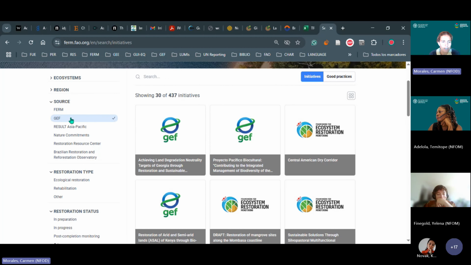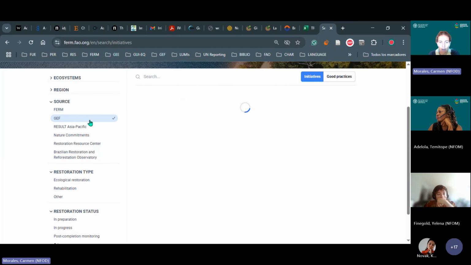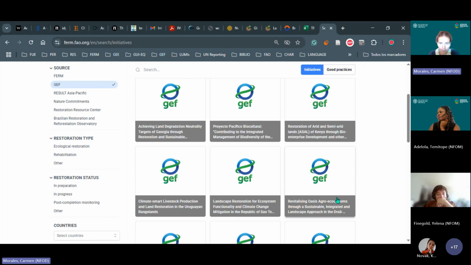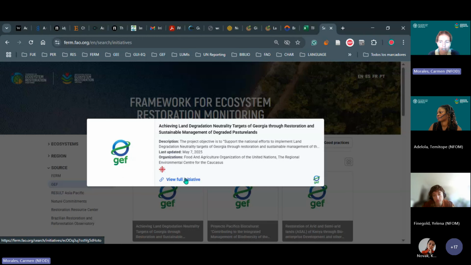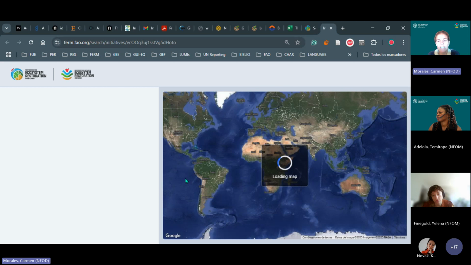So let me first filter by GEF to see how many GEF projects we have here. We have 20 published for the moment. When you click on one of them, you will view the full initiative, and then we have this visualization page